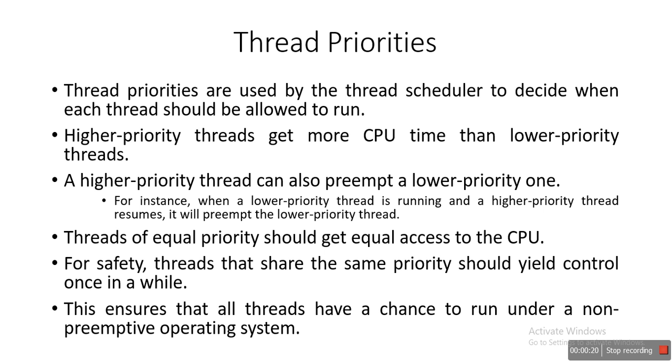Thread priorities. Before starting thread priorities, you already know that in an operating system every process may have some priorities. In a similar way, in a multi-threading system, we can assign some priorities to a thread. But by default, every thread has a normal priority, meaning depending on the CPU time or the thread execution time, the scheduler allocates the CPU time.